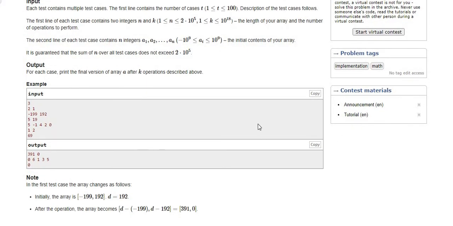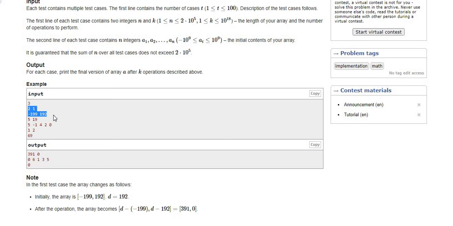For example, there are three test cases given, but we will consider test case number 1 only. The size of the array is 2 and the number of operations k is 1. The two numbers are minus 199 and 192.